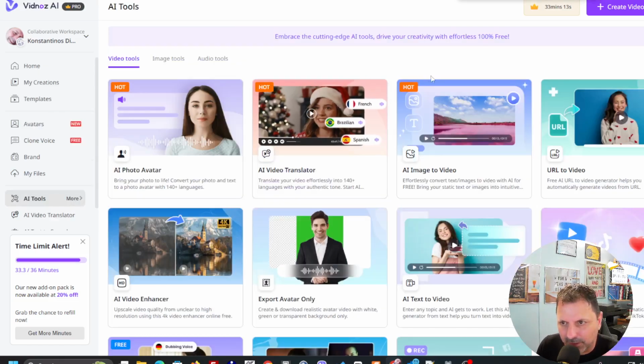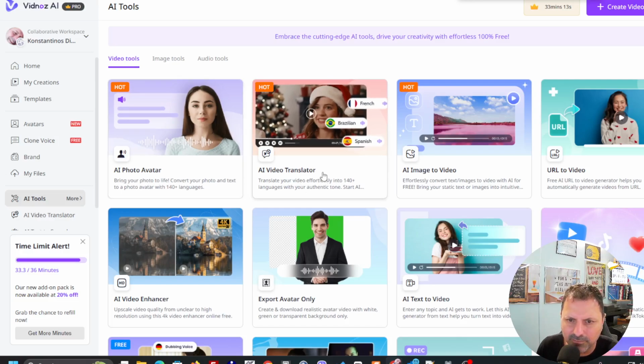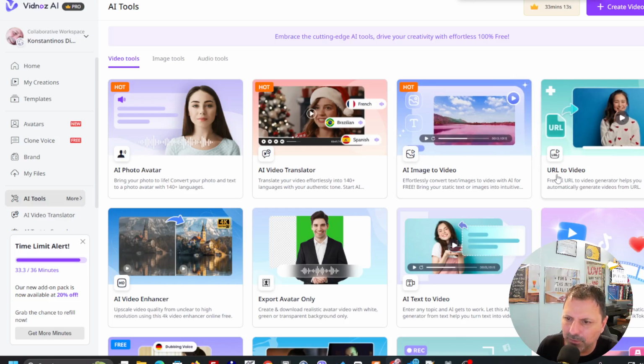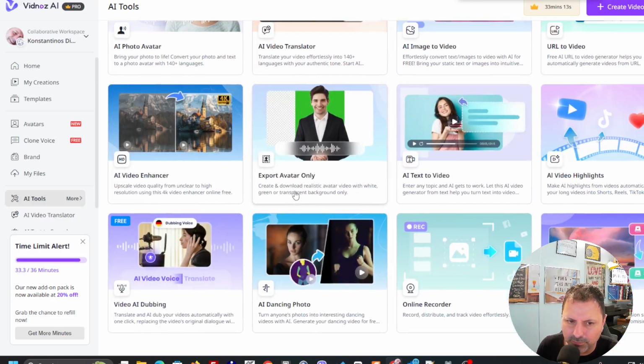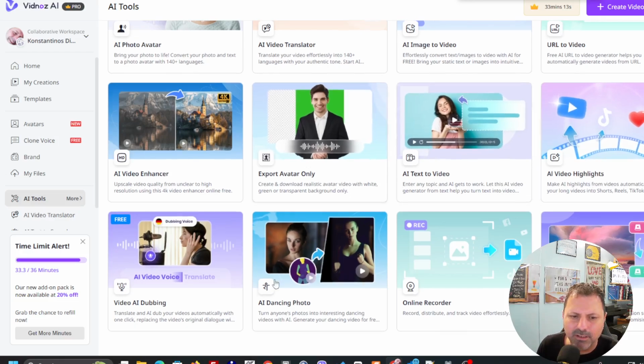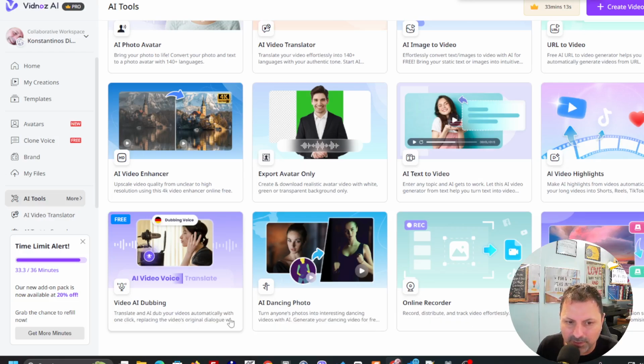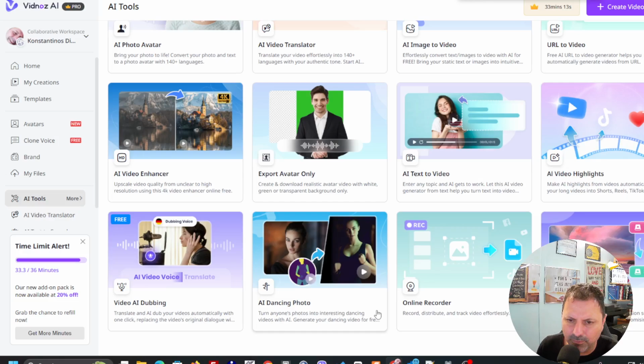Inside Vidnoz AI, you're gonna see that you got something amazing. You have here on the side the AI Vidnoz tools. So if you select this button, you're gonna see that we have the AI photo avatar, AI video translator, AI image to video, URL to video. It's the one that we're gonna use right away. AI video enhancer, export avatar only, AI text to video, AI video highlights, video AI dubbing, and AI dancing photo, online recorder, AI video compressor. Okay,